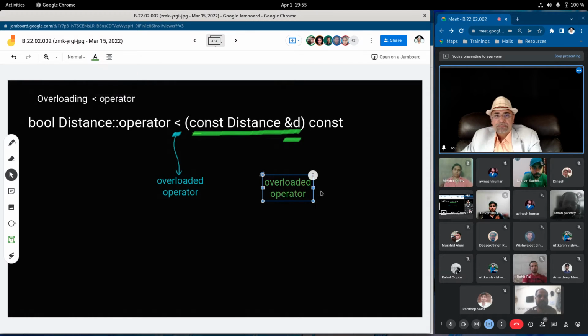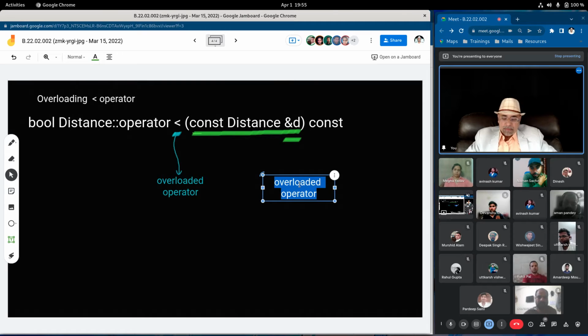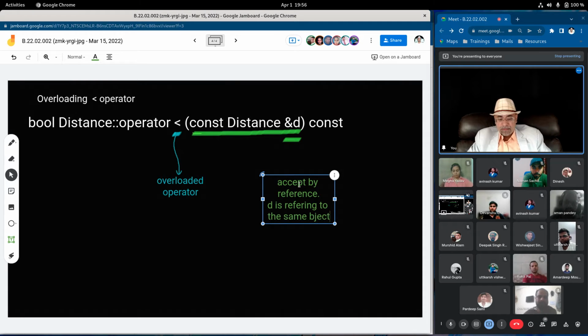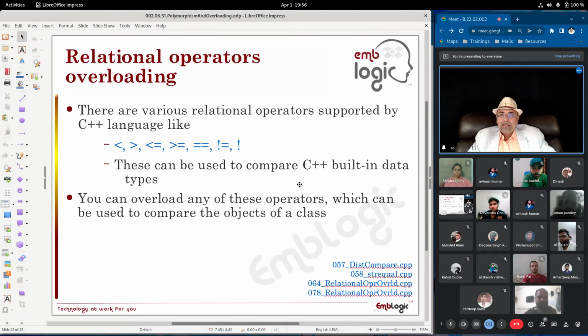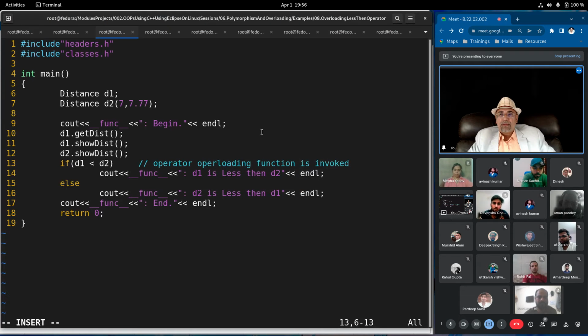This means accept by reference, that is, D is referring to the same object that was given as argument. Here we gave what as argument from the main function?